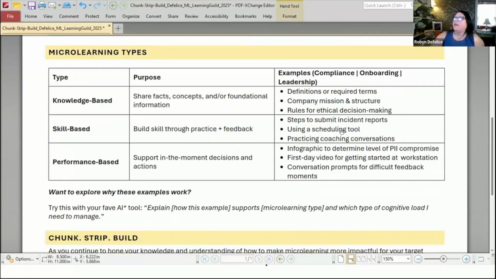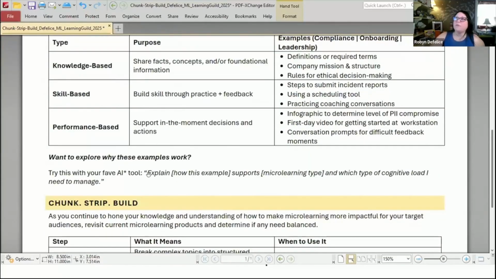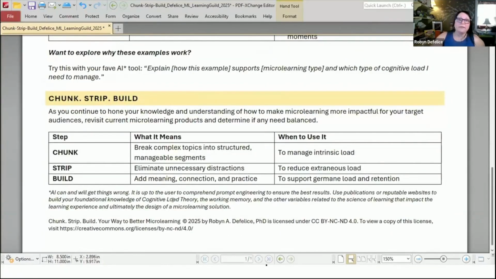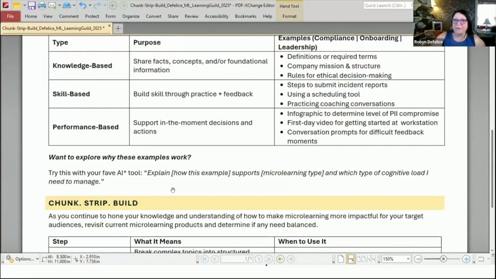And then if you want to explore more, I caution you, this is an AI prompt I give you. The reason why I caution you is please remember that AI can get things wrong. So don't just rely on AI for everything because, hey, Robin DeFelice gave me this prompt and it works. The reality is that you might need to do some massaging of that for your own edification. But you can use this,